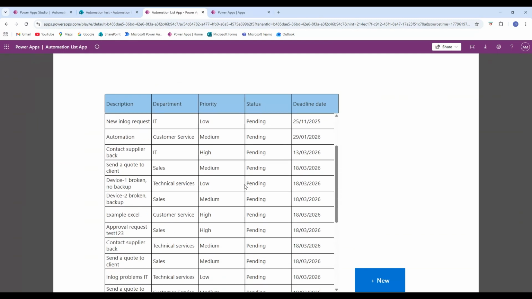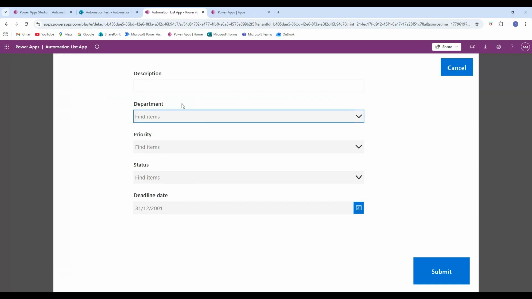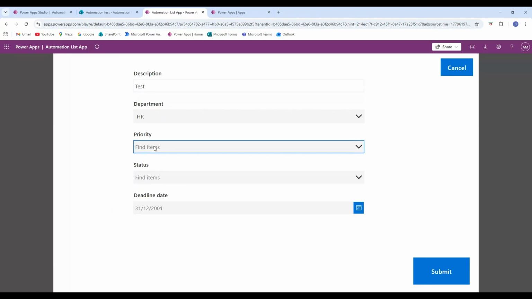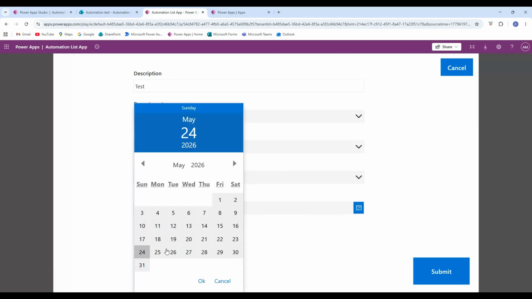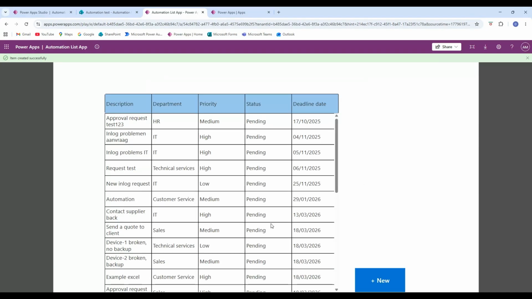Want to let users create new SharePoint items directly from your Power Apps app? In this video, I'll show you step by step how to build a new item form connected to your SharePoint list. For this example, I'm using a SharePoint list called Automation List with 5 columns: description, department, priority, status, and